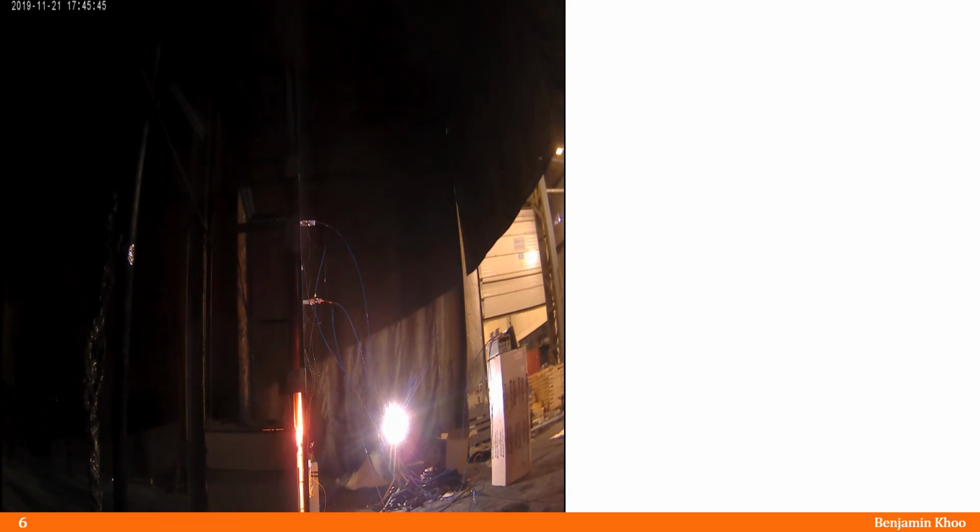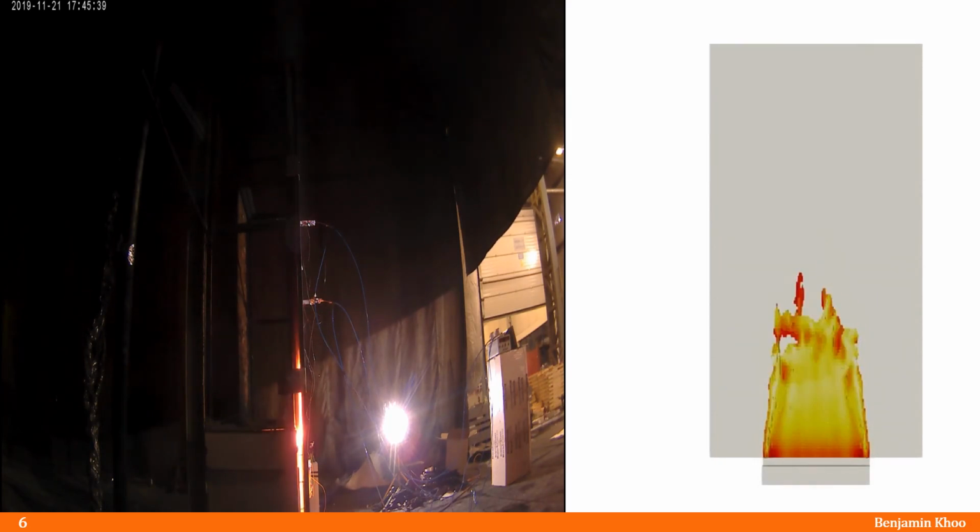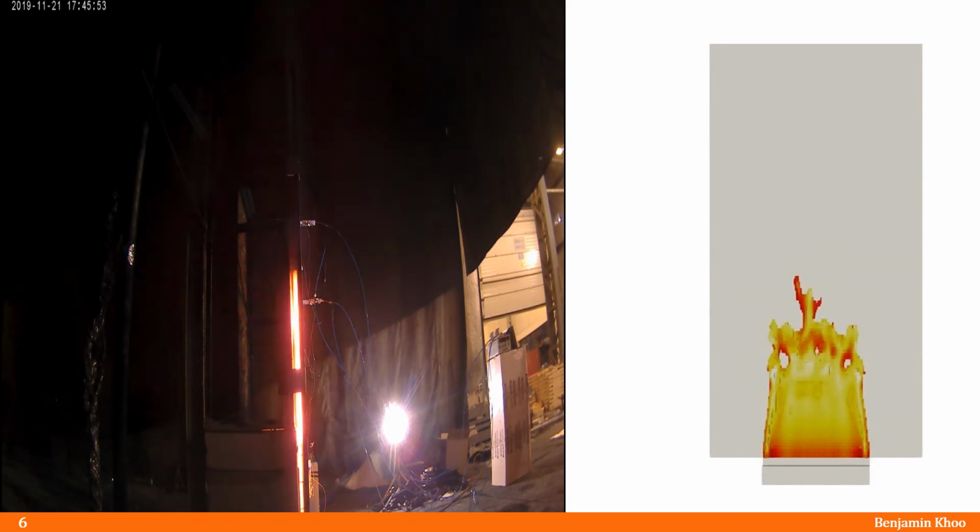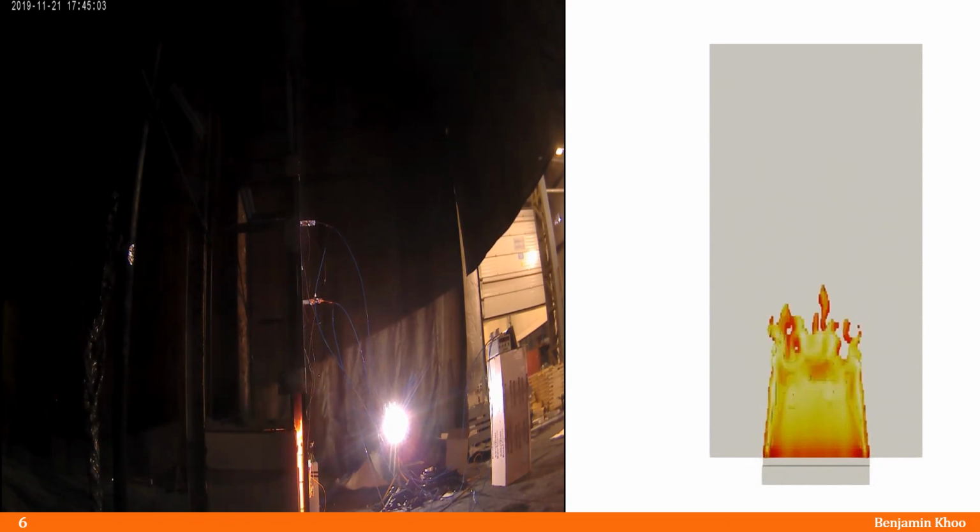The objective of my project is to understand how facade system flammability is affected by cavity width. To achieve this, we have performed experiment to validate numerical model. This numerical model will then be used to study various facade configurations to understand how facade cavity width affects its